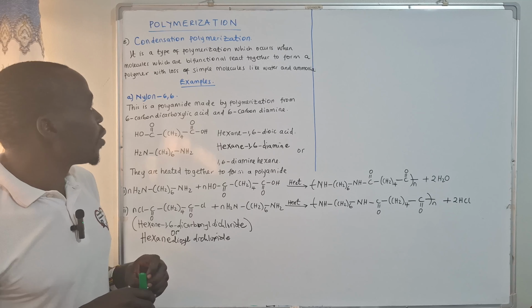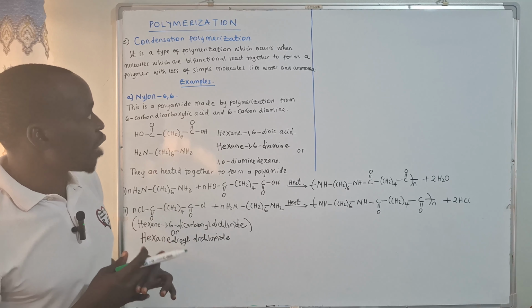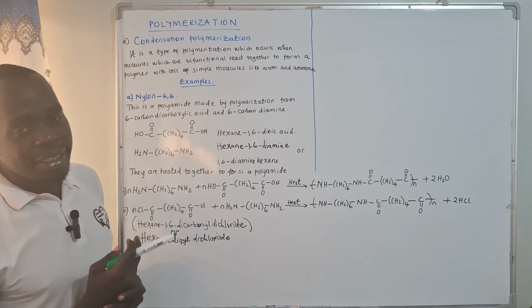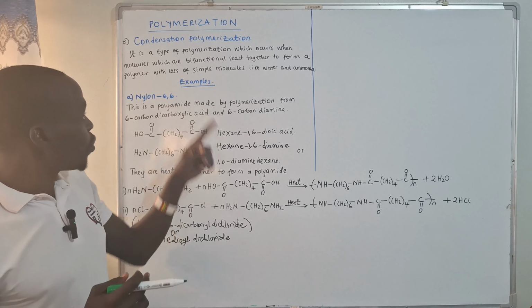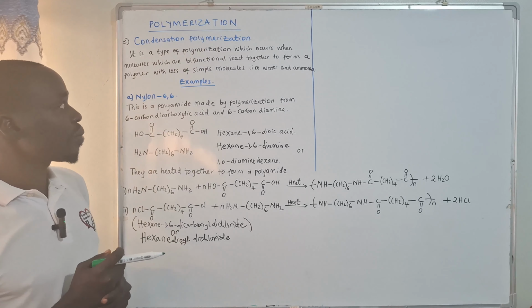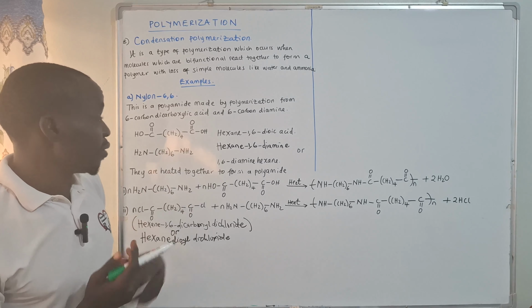So now, because of that, we looked critically at addition polymerization and we came up with some products, how we can produce natural rubber, even synthetic rubber. Now, today we are going to look at what we call condensation polymerization. Have you ever heard of condensation from your primary school up to now?